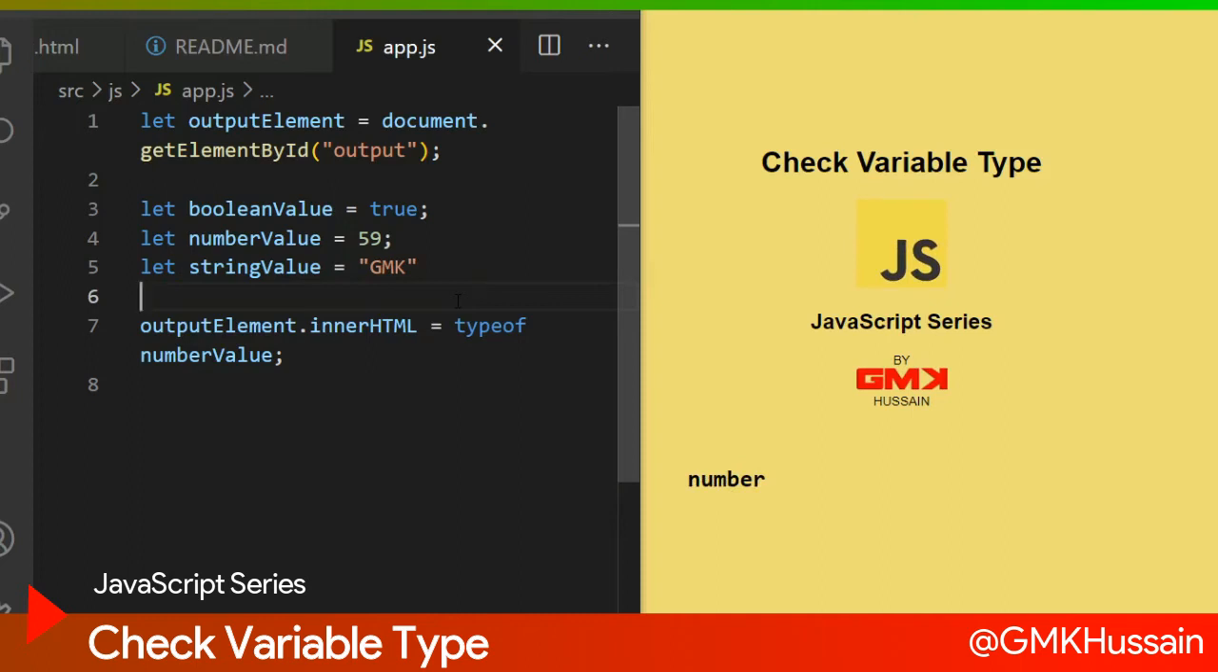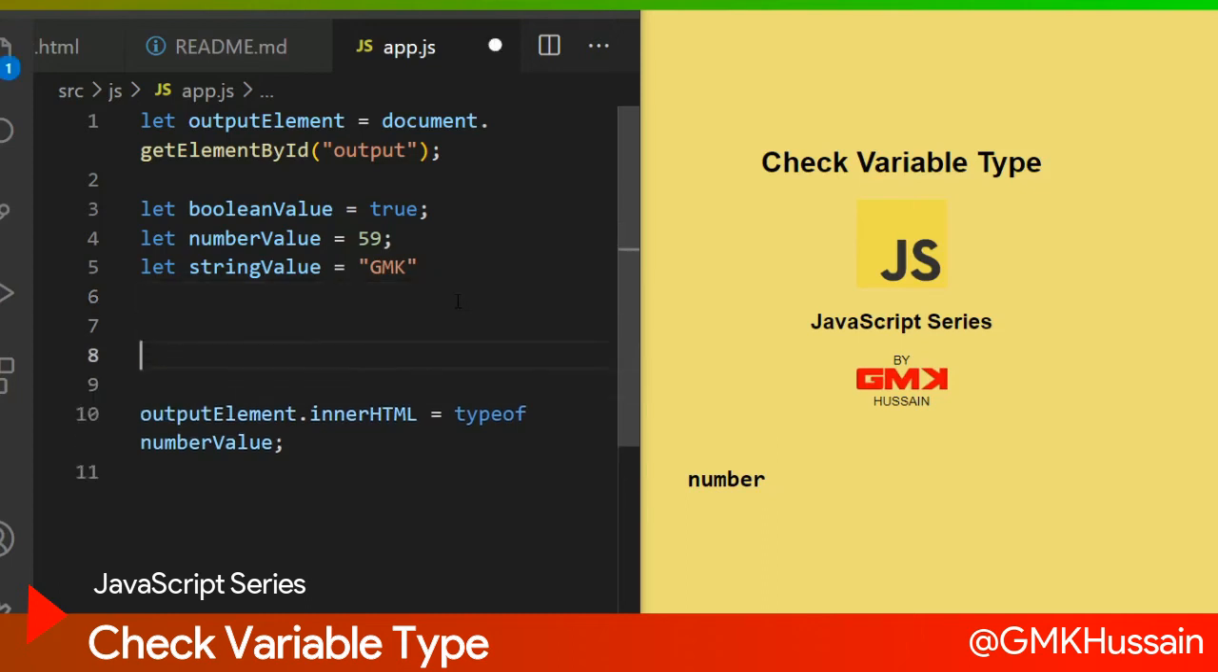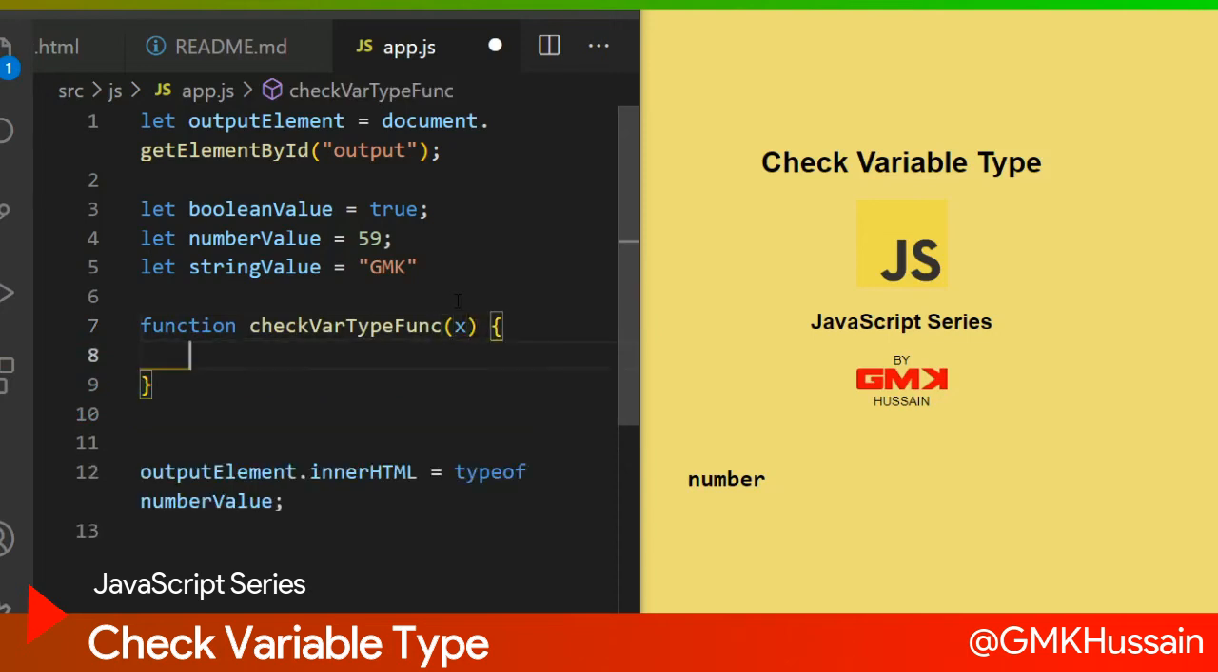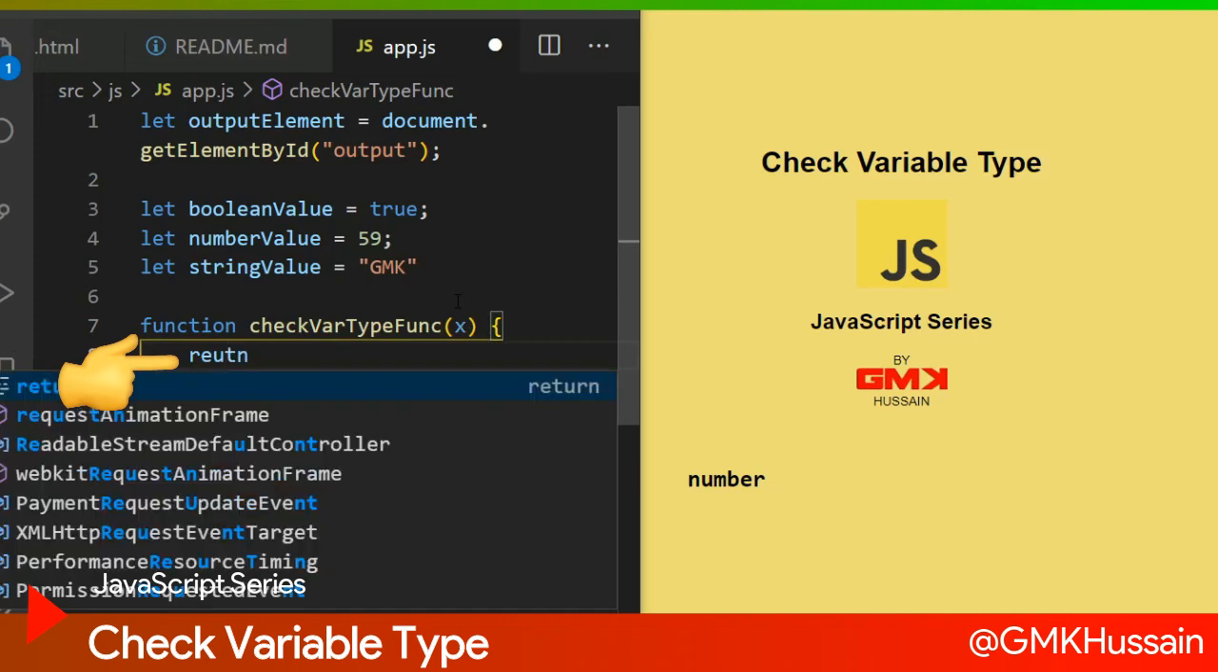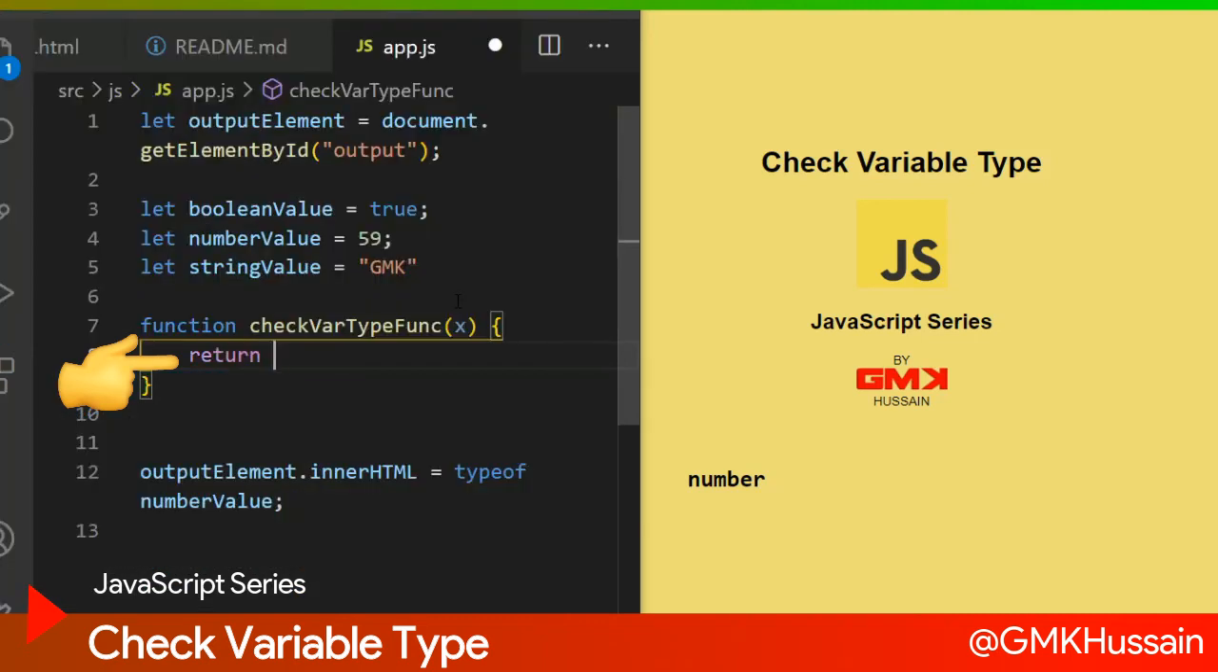For reusable purposes, I am going to declare a small function here. Function checkVarType, function parameter is x, then return typeof x. Let's check